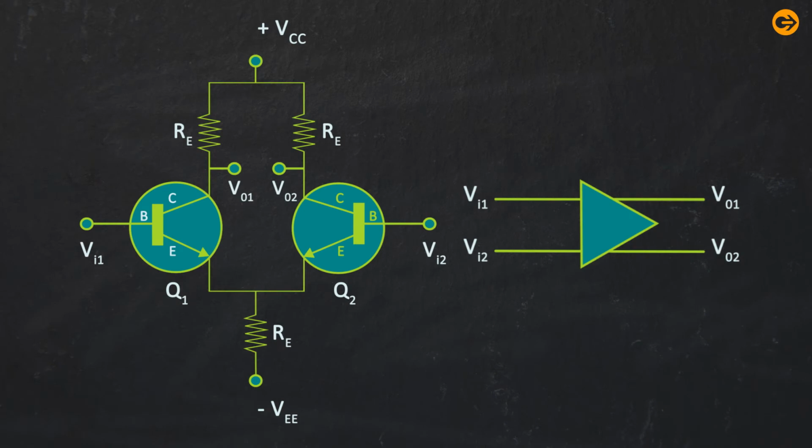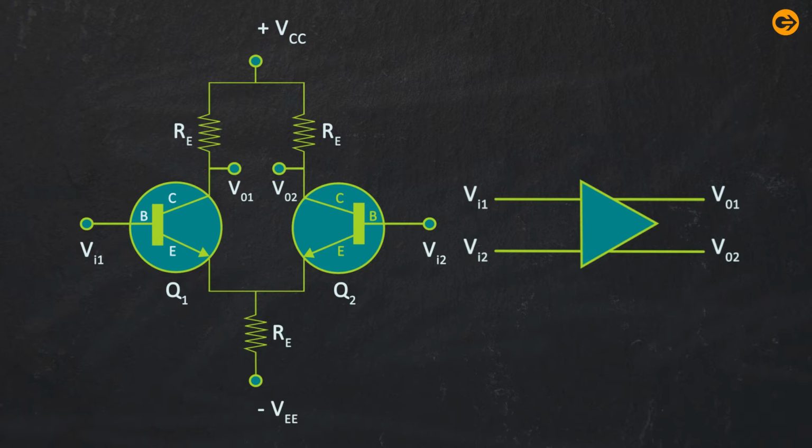Now let's see what a differential amplifier is. All operational amplifiers consist of a differential amplifier at their input stage. For example, if two different voltage signals, Vi1 and Vi2, are connected to the two input terminals of the op-amp, the produced output signal is equal to the difference between the two signals, which is Vi1 minus Vi2. Thus, it can be stated that differential amplifiers amplify the variation between two voltages measured from a common source.